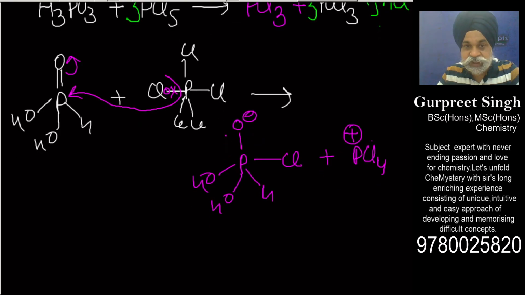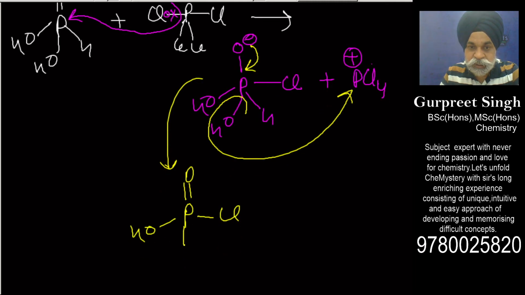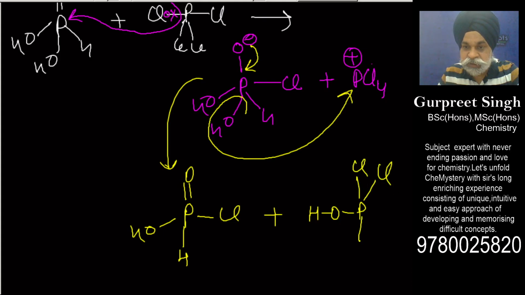Now what exactly next is that this would come back and this OH negative would attack this one. So what basically would I get from here? From here I would get P double bond O, Cl, OH, and here you would get H. There are 5 bonds around the phosphorus, it is perfectly okay. And here, because this would become OH, you have Cl, Cl, Cl, since there are 3 Cl and it is having a positive charge. Since OH negative has attacked it, the positive charge on phosphorus gets neutralized.